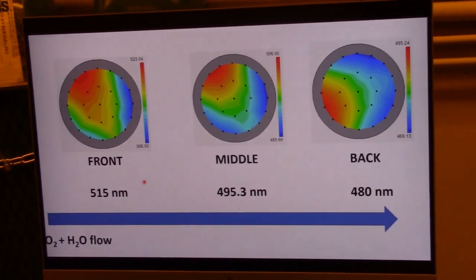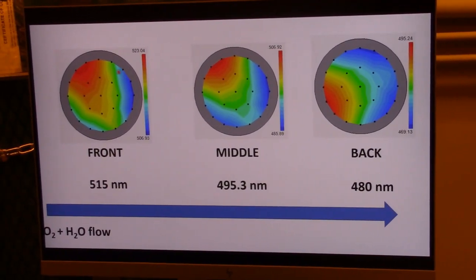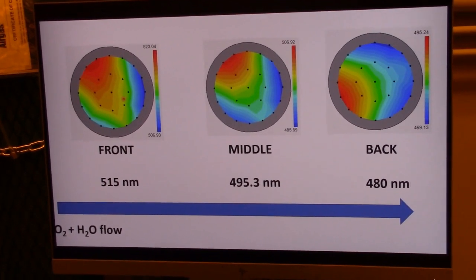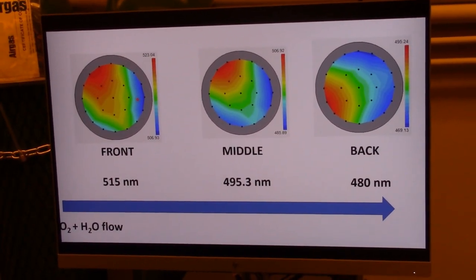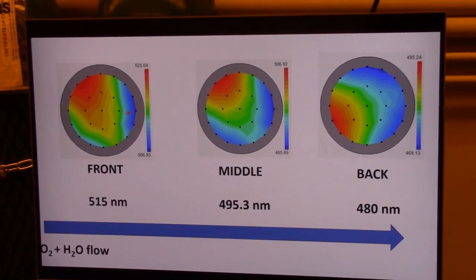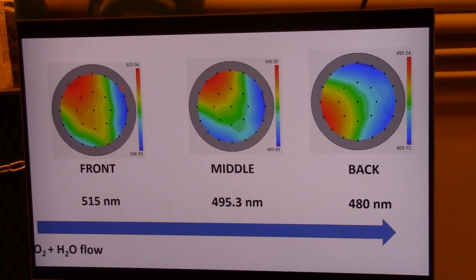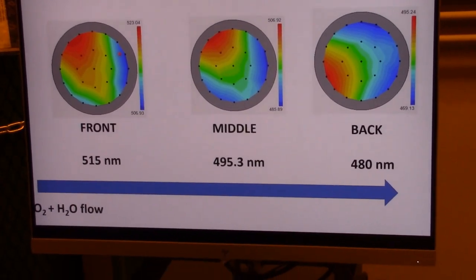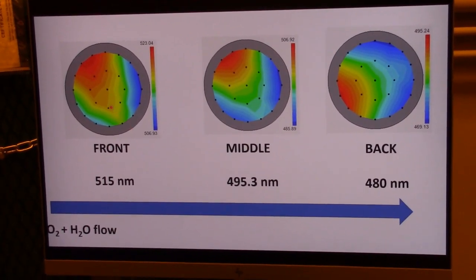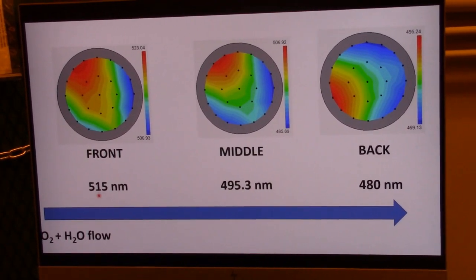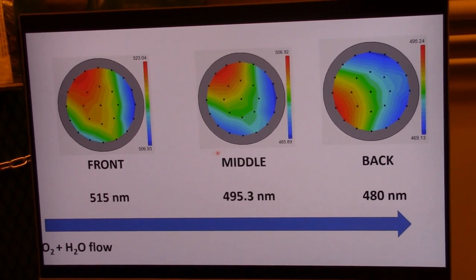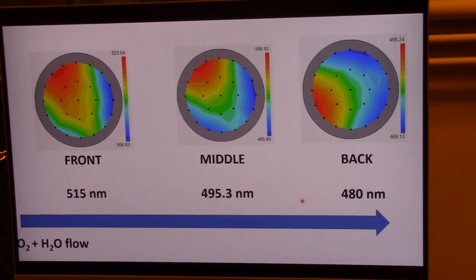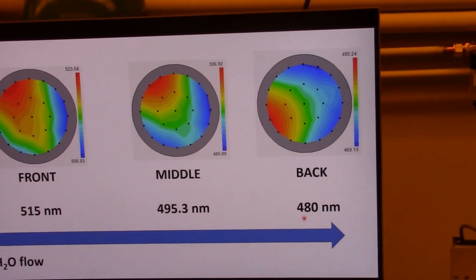Okay, as you can see, we've done ellipsometry scans of the 3 wafers that we loaded in for wet oxidation. It is always good to keep track of the inline thickness data while you're doing your experiments, so you can get a feel for how the process looks. You can see that for the front wafer, the oxide is thicker, around 515 nanometers. The middle wafer is slightly thinner compared to the front one, and the back is even thinner than that.